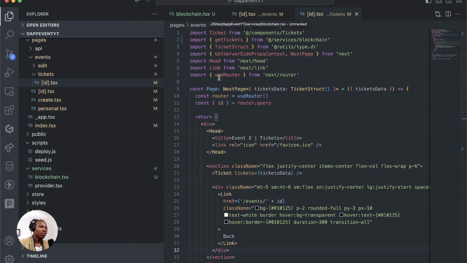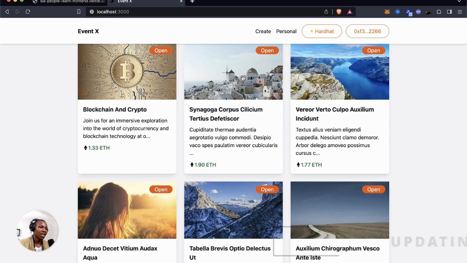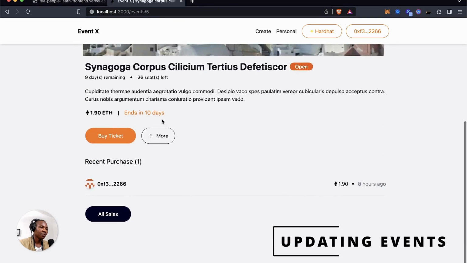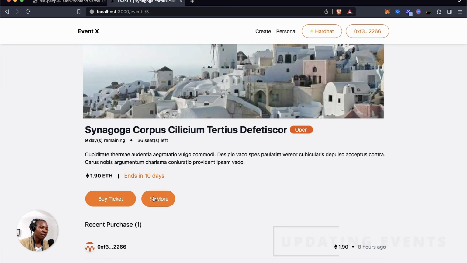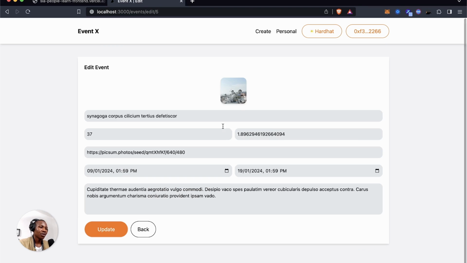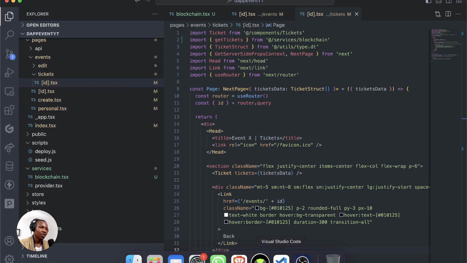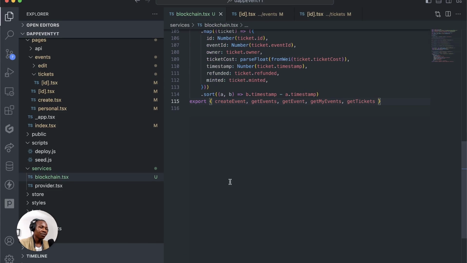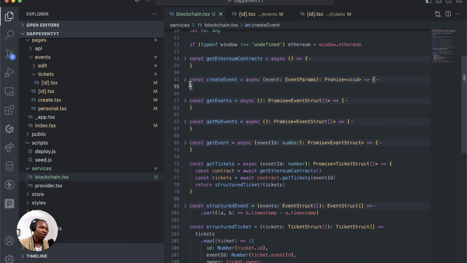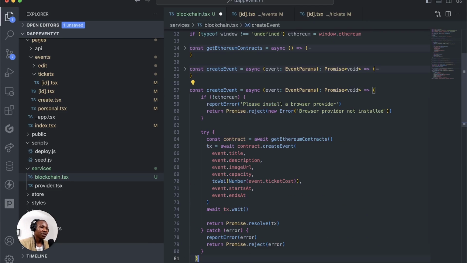So let's be able to update an existing record. So for example, you can see all of these belong to this account, right? And you want to be able to change some of this information, such as the name. So that is one of the things we want to be able to do. And to do that, you need to come here, look at this function called create event. Let's duplicate it, call this one update